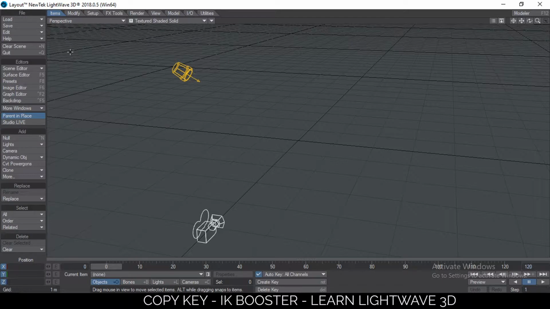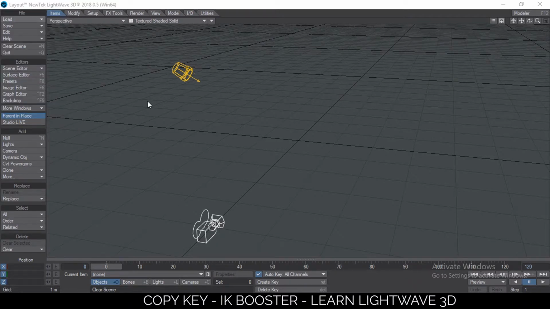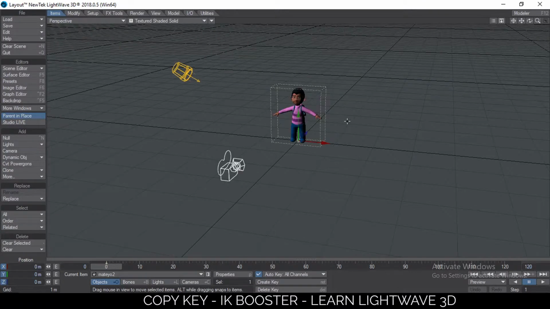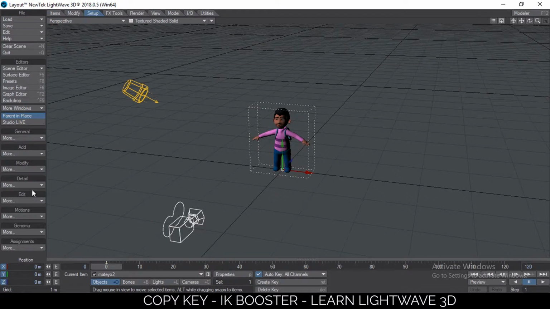Today we are learning how to use the copy keyframe current. And to demonstrate that, let me load an object for us to experiment with. So that's the object, and let me go to the setup tab, add convert skeletons so that we have some